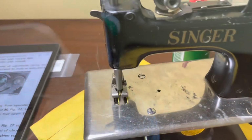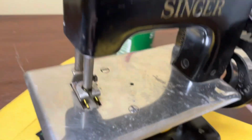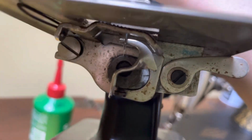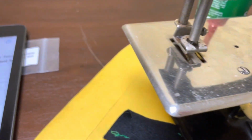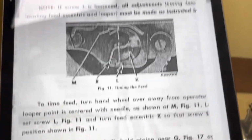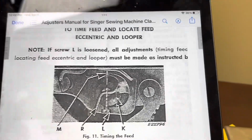So as you can tell by the fact that my shirt sleeves are different, this is a new day. I have still not been able to successfully get this to stitch. What keeps happening is the thread goes down and gets looped and caught and just keeps looping and getting horrendously tangled. The good news is though, I was able to go on one of the vintage sewing machine social media groups I'm in, and somebody sent me the